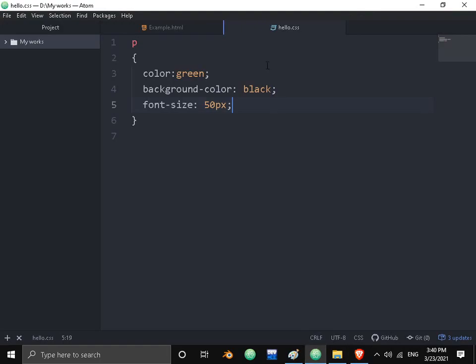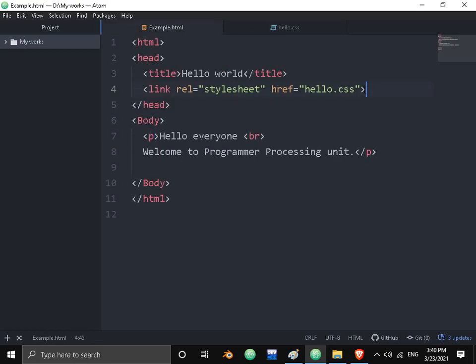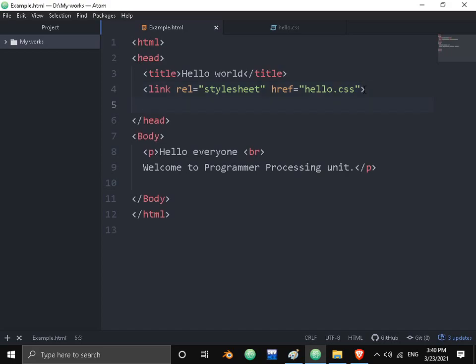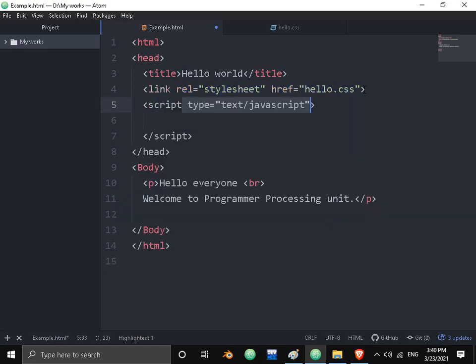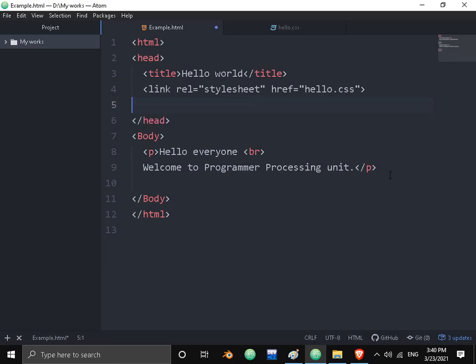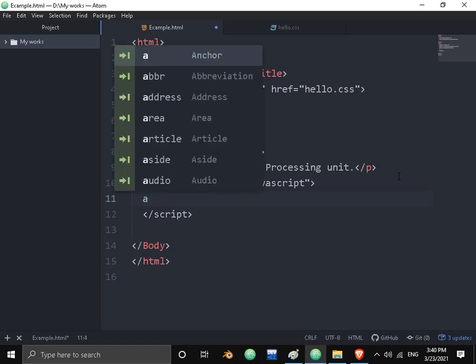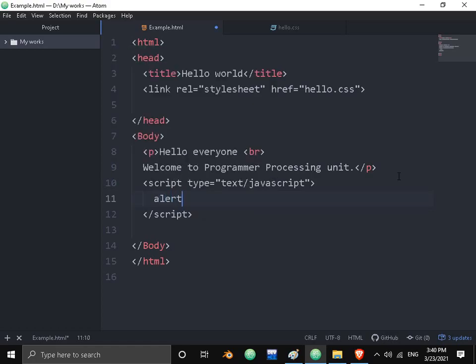You can also add animations. Animations are a great topic, so we will talk about it later. Next, we're going to see what JavaScript is. JavaScript is a bit difficult to understand as a beginner, so for now, let me just give you an introduction. To add JavaScript, we can just use the script tag. Script type is equal to text/javascript. We'll add the script tag, and if you are using it like this, it should come under the body tag, right? So let me just give it here, and let's say alert